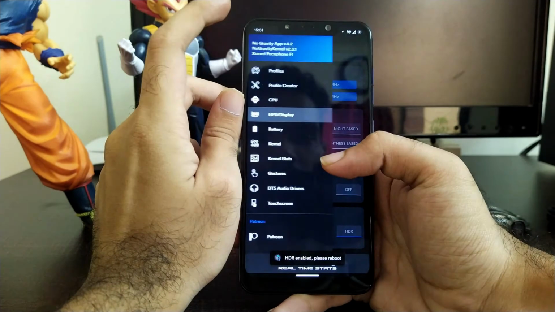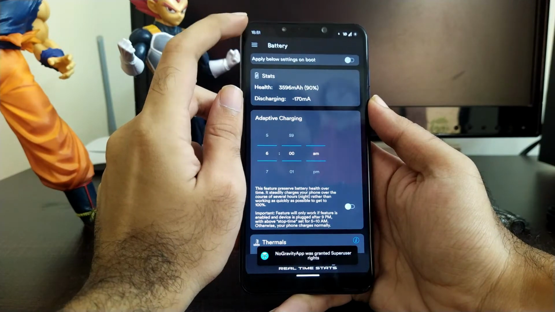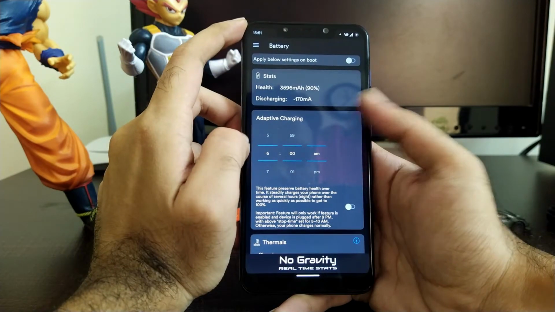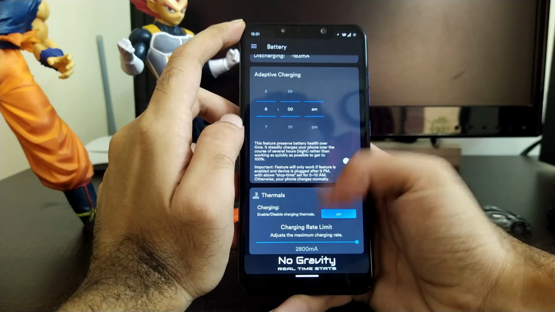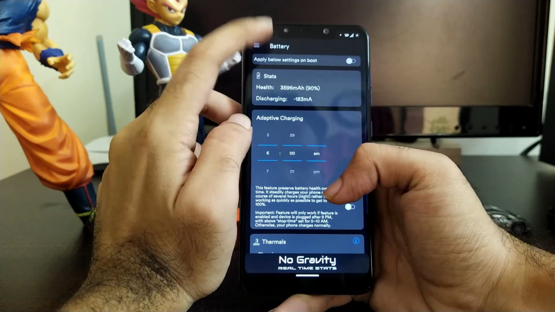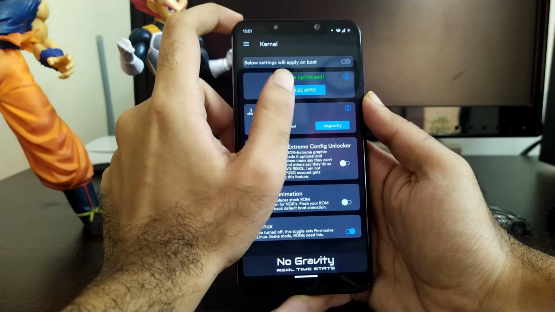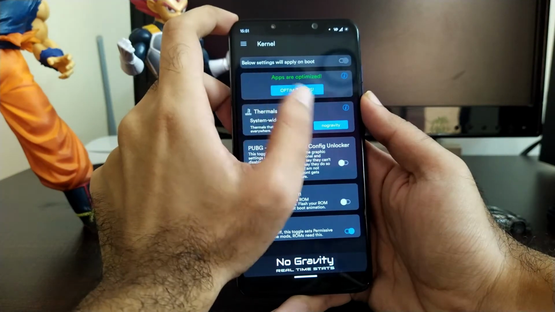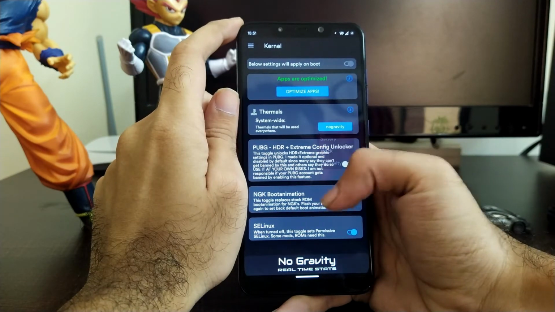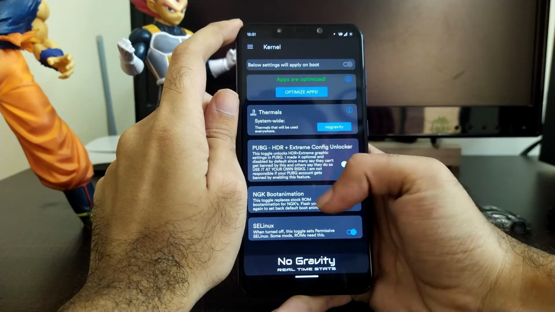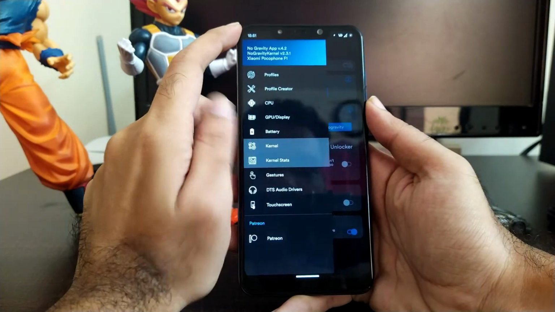Mind that you don't touch any of the configuration which you don't have knowledge of. This might just mess up your processor performance or battery performance. So that's kind of risky. So all of the options such as battery, kernel, CPU, GPU, display and all of the other options are available right here. The one who knows all of the stuff can easily configure the kernel the way he wants and use this kernel to its full potential.